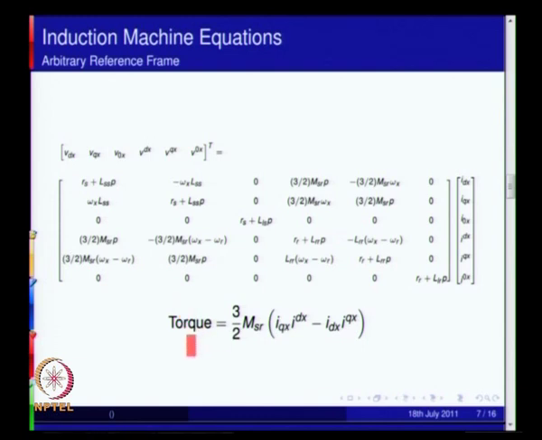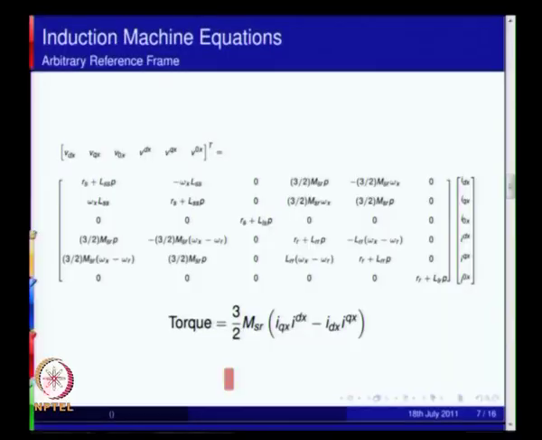The expression for the generated electromagnetic torque is given by this: IQ of the stator multiplied by ID of the rotor minus ID of the stator multiplied by IQ of the rotor. So here this x, or rather omega x, can be chosen as per our requirement. We have chosen d delta by dt, that is the speed of the axis, that could be anything. You could even fix it at 0, in which case it becomes a stationary frame,